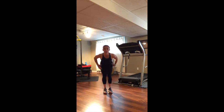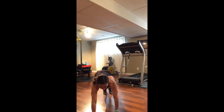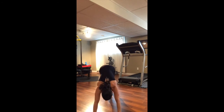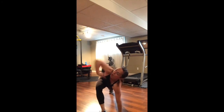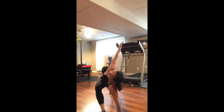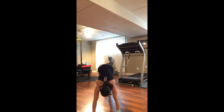Once we're there, we're going to hinge forward from the hips again. Walk the hands out to plank. Press it to down dog. Raise right leg to ceiling. Bring the knee to the chest, step it through. T-spine rotation, right hand reaches to the sky, bring it down to the floor, step back plank, press to down